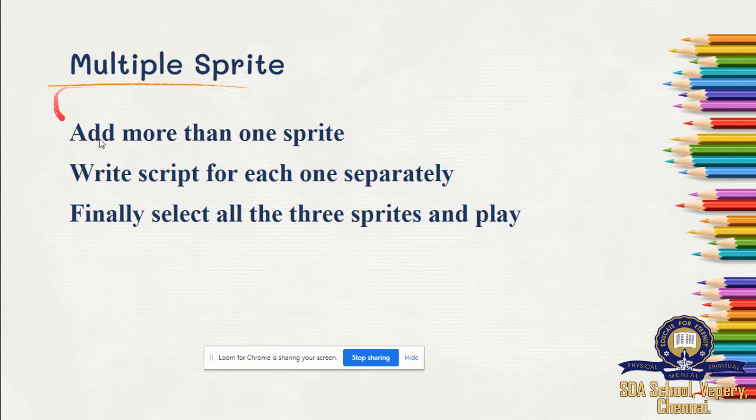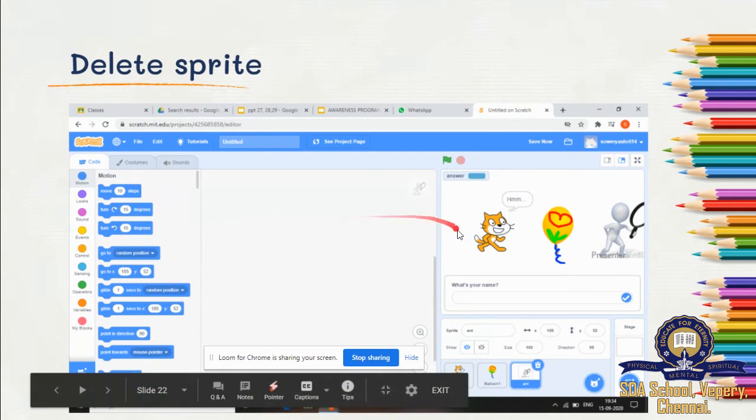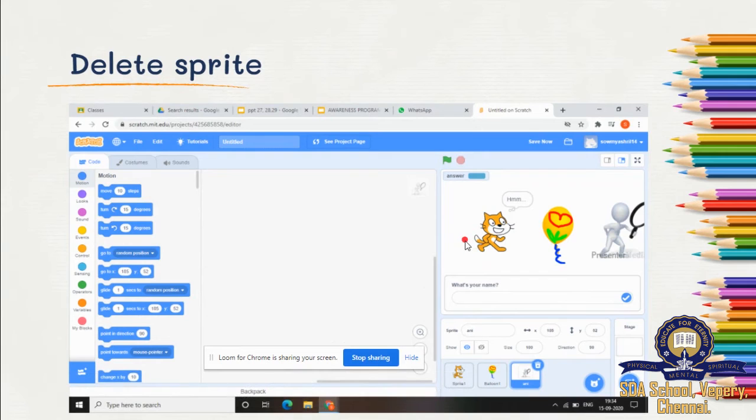I showed you how to add, and I showed you three sprites. I added three sprites. Write script for each one separately. For each sprite, you can write scripts. I showed you how I wrote script for this default sprite.